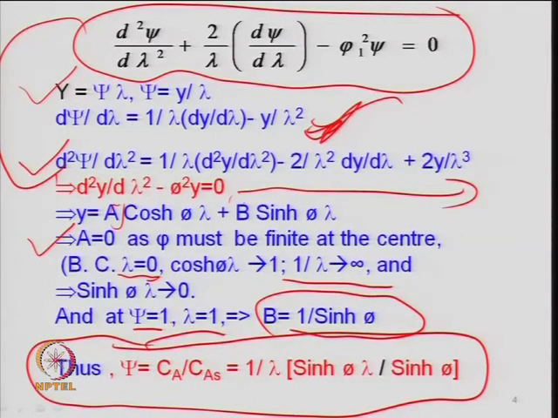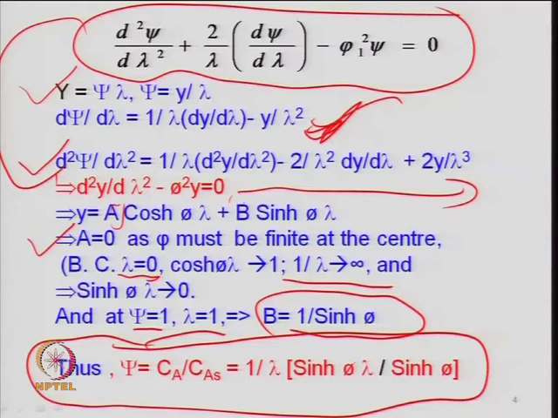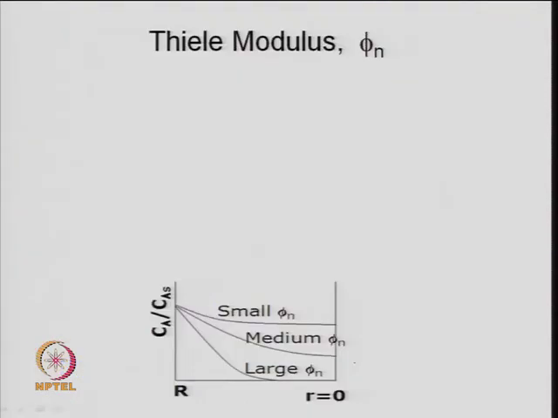Psi is defined by Ca divided by Cs, and y is psi lambda. So, that has now been written in the form Ca divided by Cas, that is, the concentration at any point divided by the concentration at the surface, and that is equal to 1 by lambda times, in the bracket, sin hyperbolic phi lambda divided by sin hyperbolic phi, right. So, this is the expression for the spherical pellet concentration profile, and you have already seen the expression based on cos hyperbolic phi into 1 minus z by L divided by cos hyperbolic phi, that is in the cos hyperbolic function. So, this is the concentration profile in a spherical pellet.